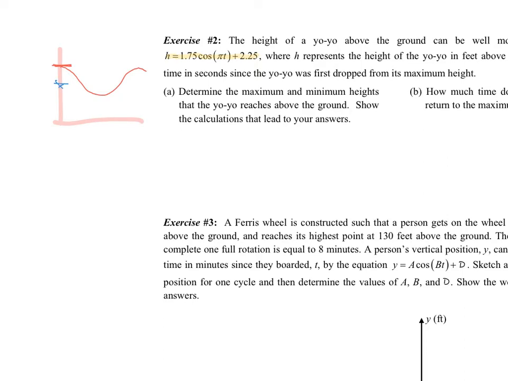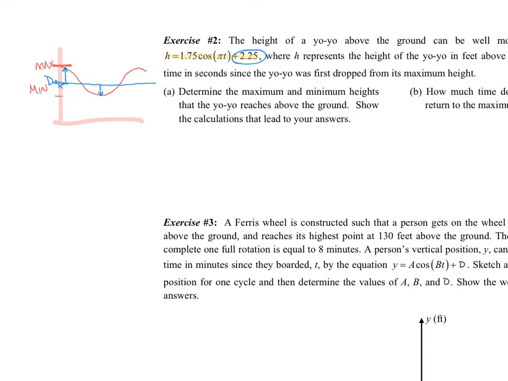Okay, so it's going to begin at its maximum, and it says to determine the maximum and the minimum height that the yo-yo reaches above the ground. So using this picture, I'm thinking to myself, this is the highest point that it reaches, max, and then there is a minimum point that it reaches as well. And I've got to find that point. This midline is going to be very useful to us, because remember that the distance between the midline and these points is the same. So where I find this midline in my equation is from D,